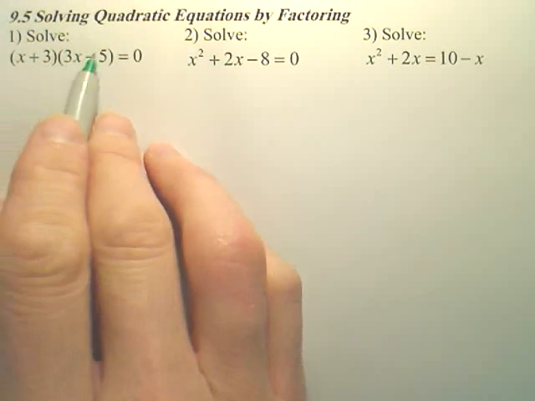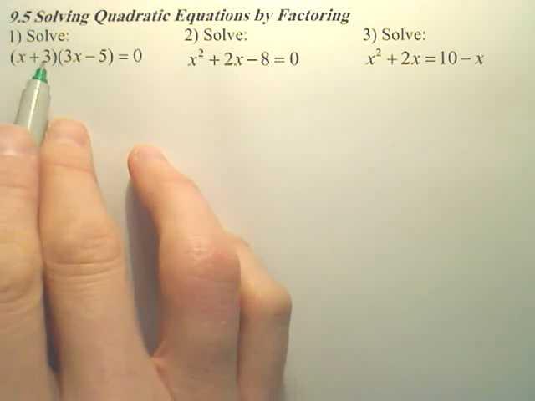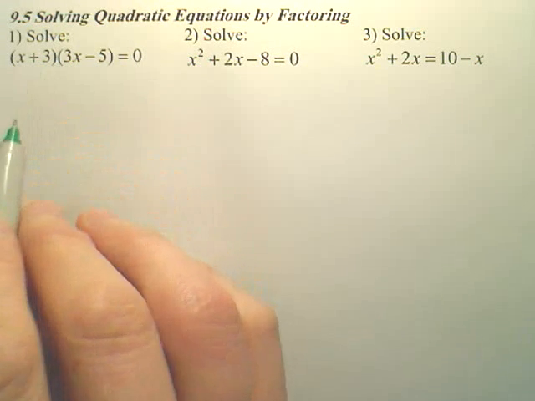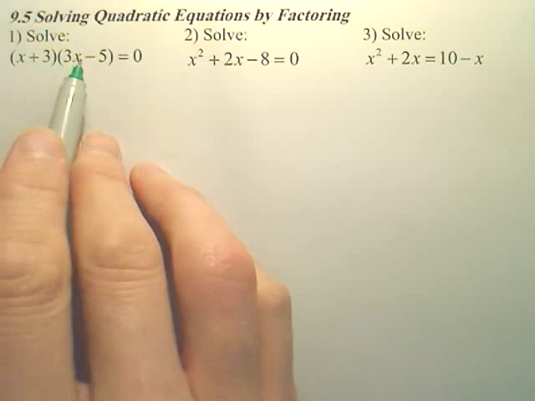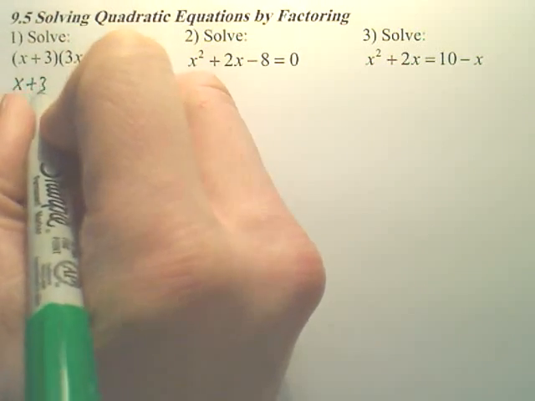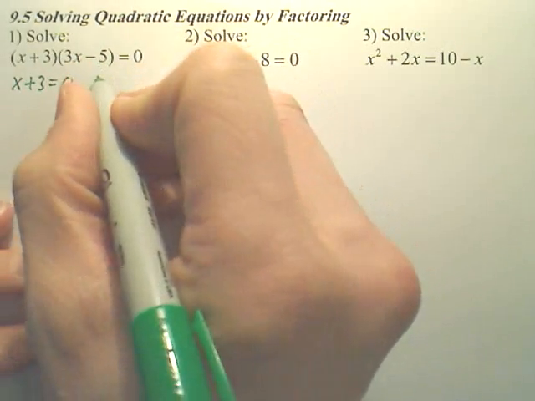Alright, I'm going to solve this by factoring. Now, the thing is, this is already factored, so I don't have to use factoring. And what you do here, when you have two things multiplied equals 0, what you have to realize is to solve this, one of these two values